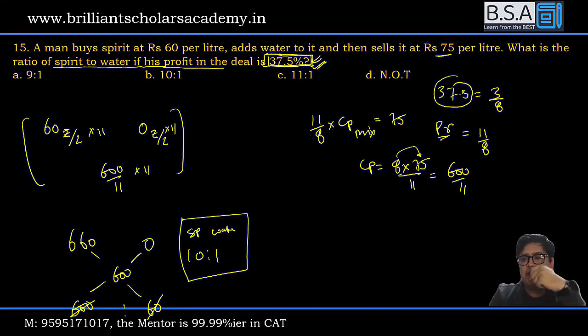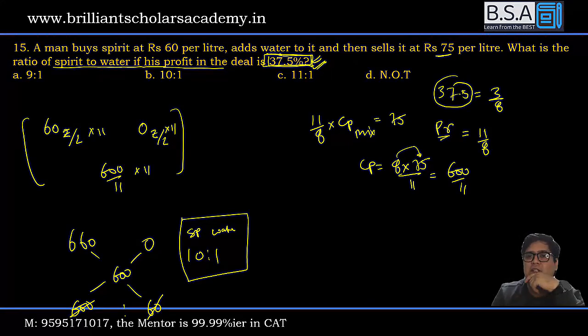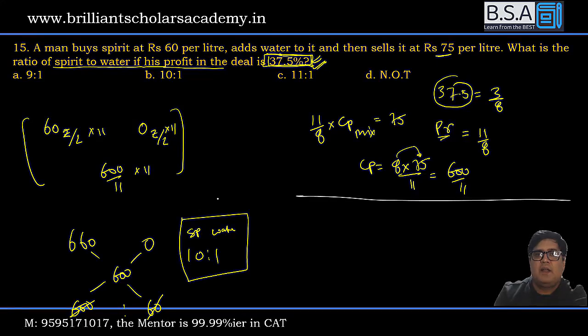So you must convert the selling price into the cost price to get the ratio. Another method that I have taught you in detail is chain rule, one of the most versatile methods of percentages, profit and loss. See, let us say there are X liters of spirit. I am going to add Y liters of water to it. So what will the ratio become? X plus Y upon Y, multiplied by